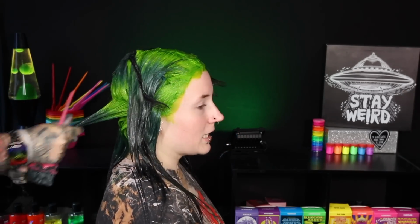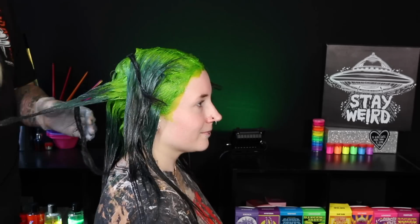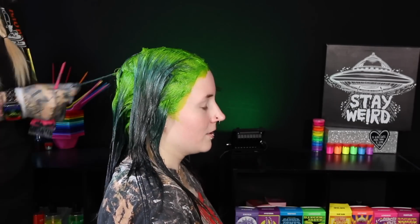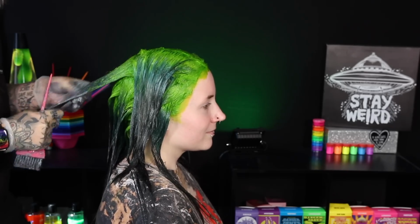So you can see here, I'm going back through her hair, just sectioning it off all over again, and I am now applying the black on her ends. And because her hair is already black and I'm just refreshing it, I don't have to take super small sections when applying the black. It's just a black glaze I'm putting on her ends so that way they're not brown. It's just refreshing everything, so I'm able to take thicker sections to just refresh the color. I don't have to be as meticulous about making sure to take super thin sections and making sure to saturate really, really well. Her hair is already pretty black, so I'm just going through and making sure to glaze everything